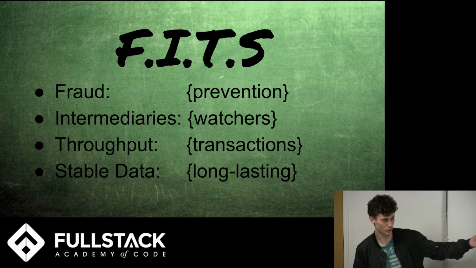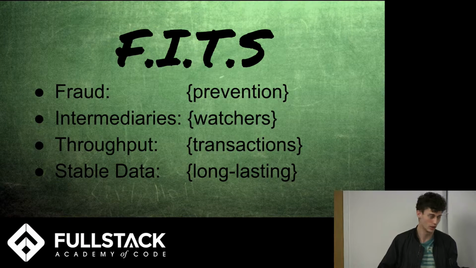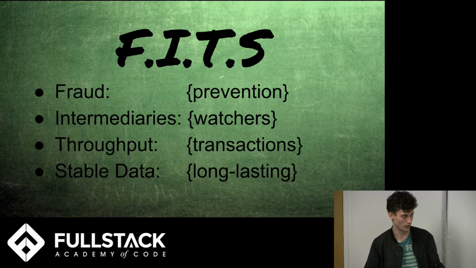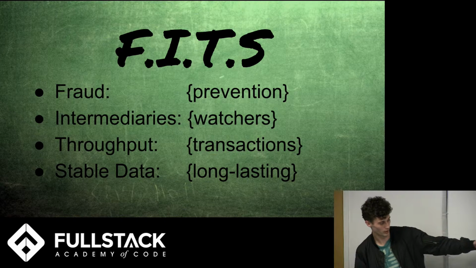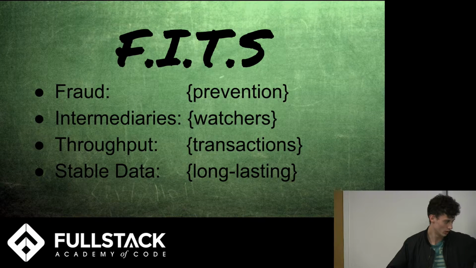Throughput is how many transactions per second can occur, and that's another problem that the blockchain model has to get through, because right now Bitcoin, for example, can only handle about 1 transaction per minute, but there's still people working on it. And stable data, and this is one of the best uses for the blockchain model in voting, is because you want the data to be stable and not change for a very long time, and votes obviously don't change in